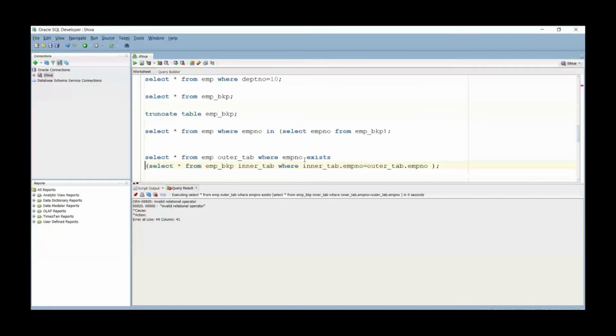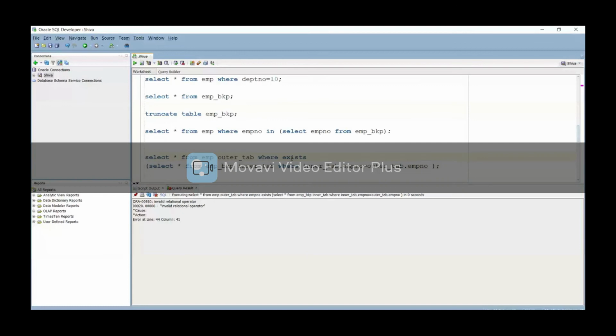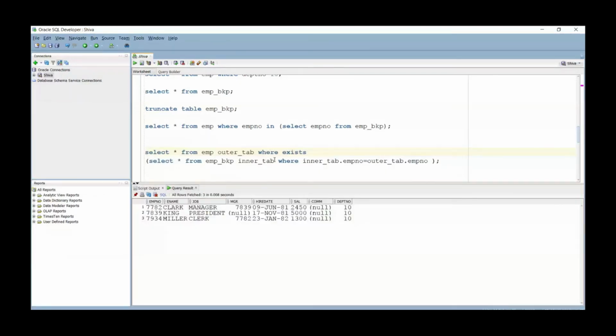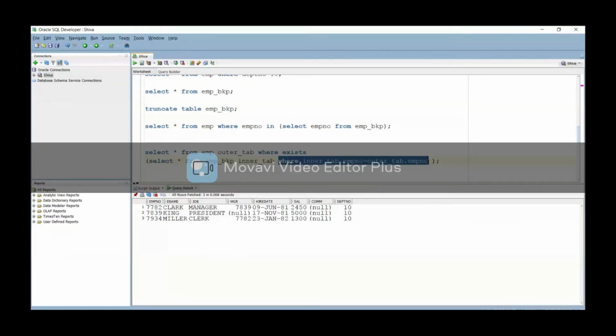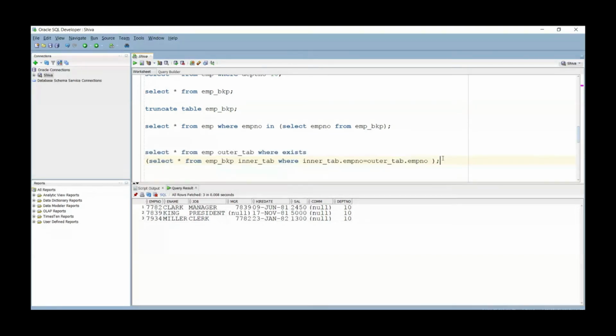So what is the error? While working with the EXISTS operator, there is no need to, okay, with WHERE EXISTS you don't directly compare the values; you compare within the inner query, the nested query. We need to write it like this. So what is the use of EXISTS? If you see, some performance improvement will happen.